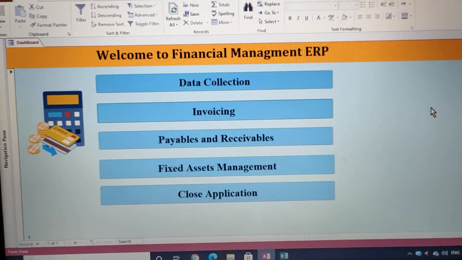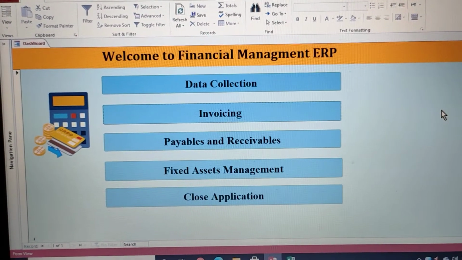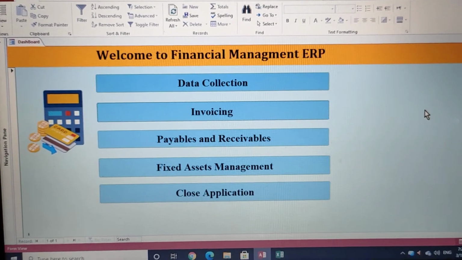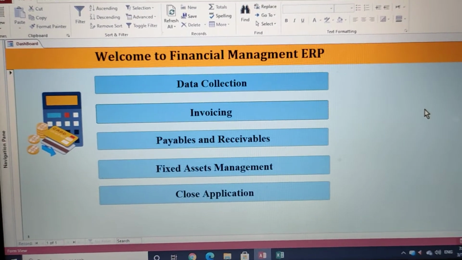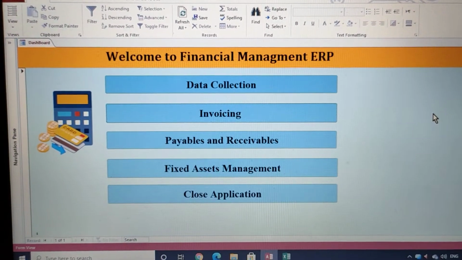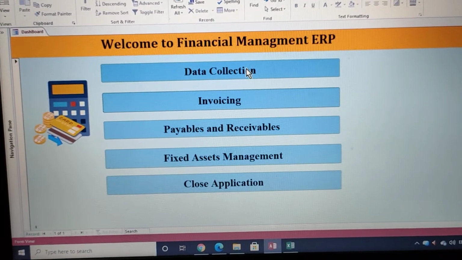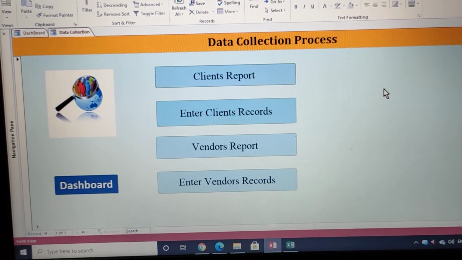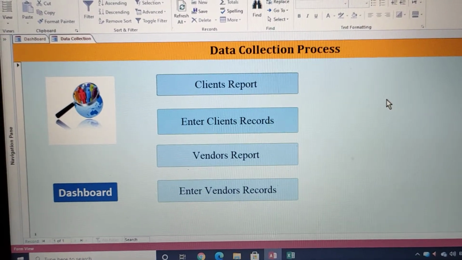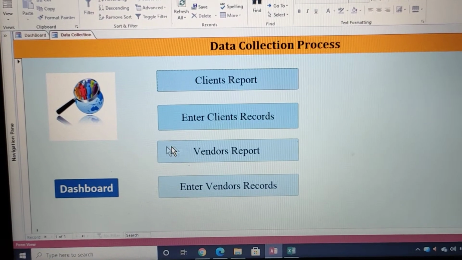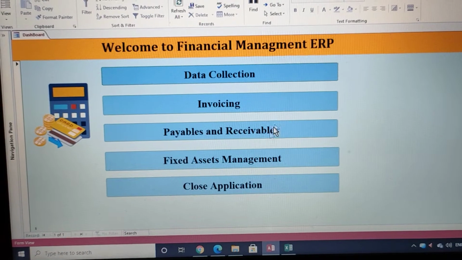If you talk about a business, the basic functions that a business performs are recording client details and recording whatever expenditures you make. So I have designed a solution keeping in mind vendor management as well as customer management. Here is the first function that allows you to collect data. That data is related to your clients and to your vendors as well. With just a click of a button, this is how the dashboard looks.